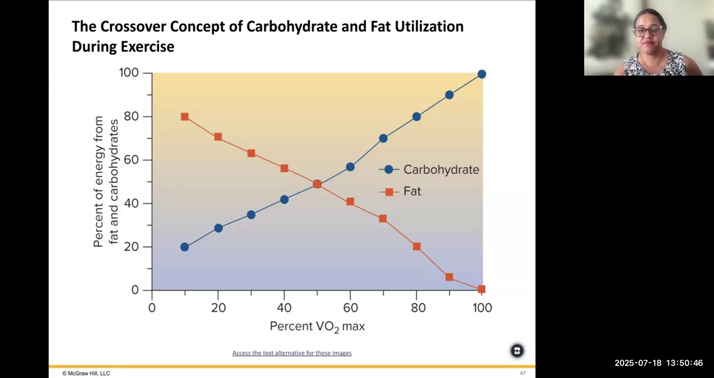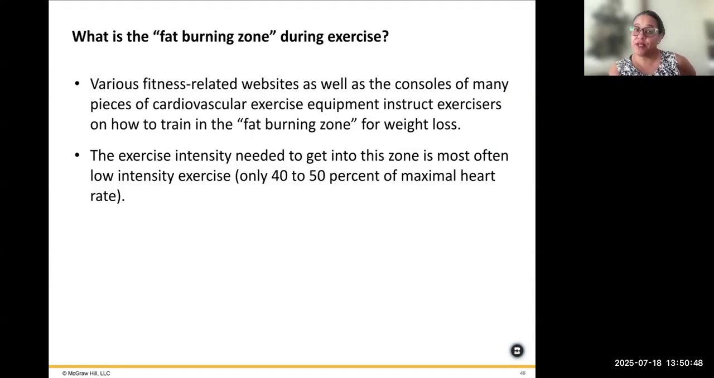Or the less fats. What is the fat burning zone during exercise? Various fitness-related websites, as well as the consoles of many pieces of cardiovascular equipment. If you ever get on a treadmill, there's always the fat burning zone, little stickers on there. The exercise intensity needed to get into this zone is most often low intensity exercise, only 40 to 50% of